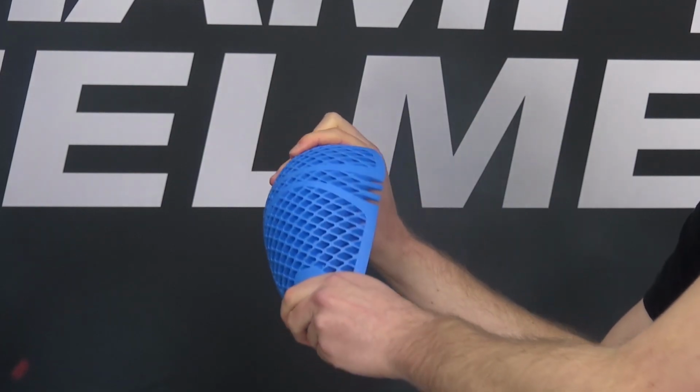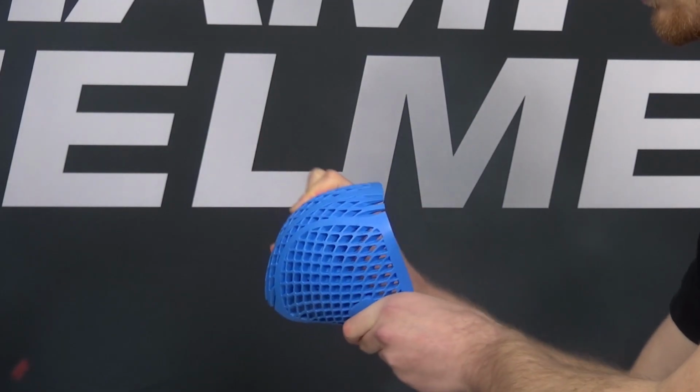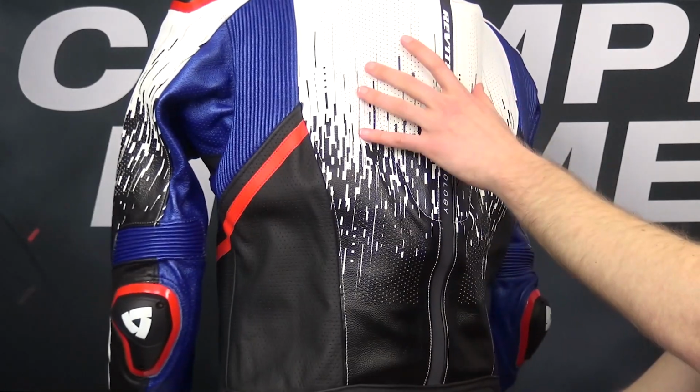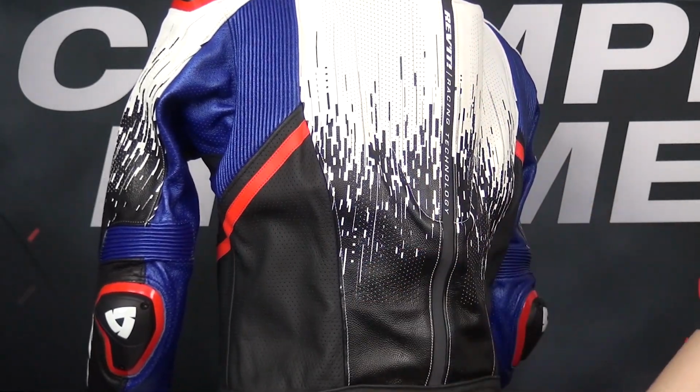C-Flex is going to be Revit's top-level protection since it absorbs impact forces while also remaining nice and flexible, and a similar set would be something like the Dainese Pro Armor. Lastly, both versions of the jacket are coming prepared for a CE Level 1 divided chest protector and a back protector as well, which will further level up the safety of the jacket, which makes them a good idea to